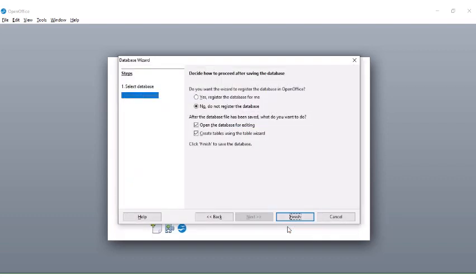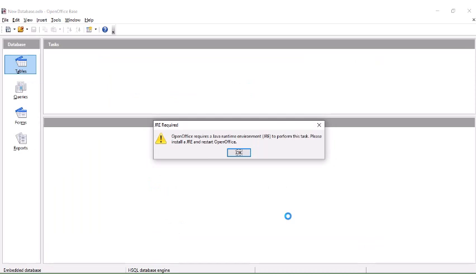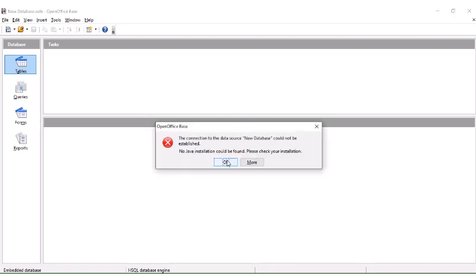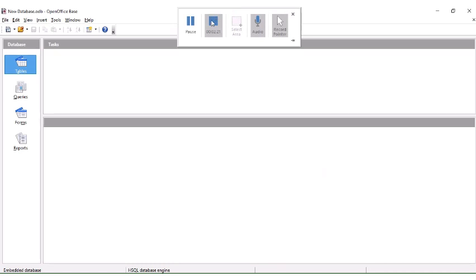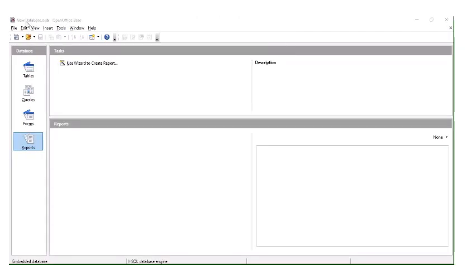Once you click on that, you will get the screen for the database. Here you can see our database name, new database, is there.